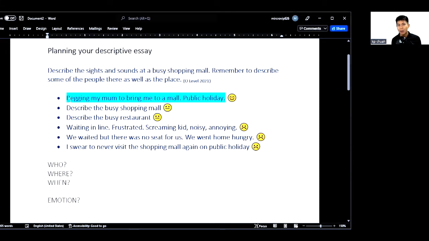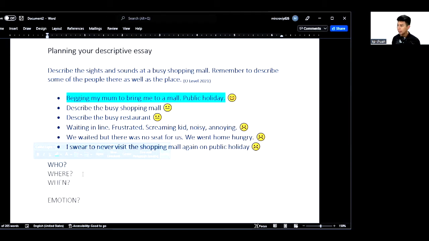Now, we're going to learn how to write the introduction. The introduction is a very special paragraph. It's unlike the other body paragraphs because it serves different functions. The introduction, if you want to write a good one, should be able to tell the readers the characters involved in the story. Generally, we want to include all the characters in the stories at the introduction. So, we try not to introduce new characters unless